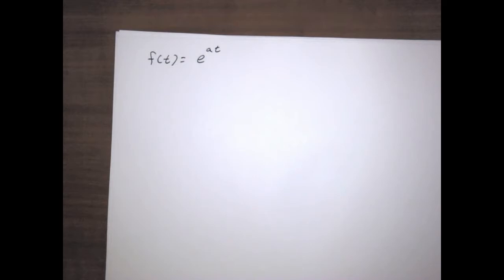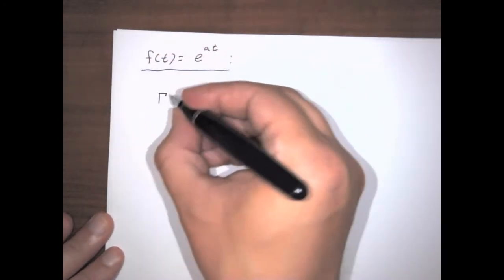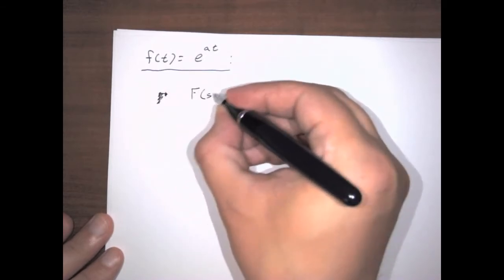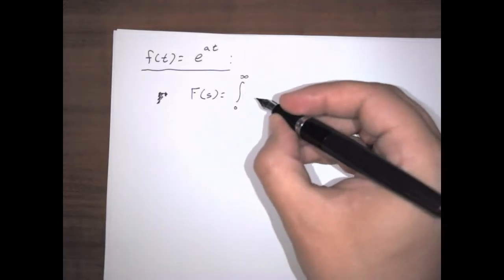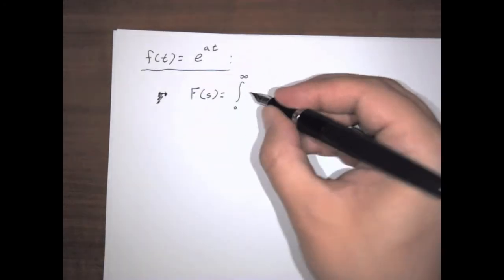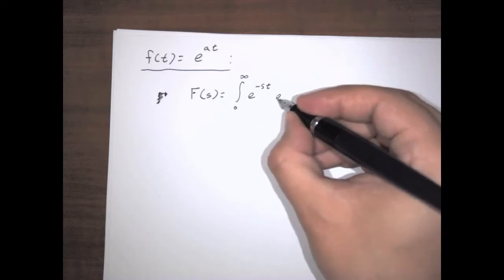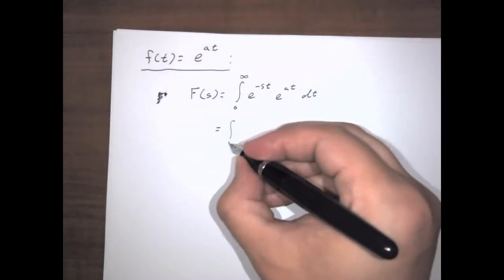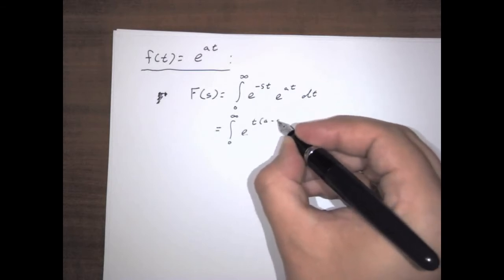So if f of t is equal to e to the at, then, oops, I just got in the habit of writing those gammas, so it corrupted my capital F. So F of s would equal the integral from 0 to infinity of e to the negative st, this is by definition of the Laplace transform, times e to the at dt, which would be the integral from 0 to infinity of e to the t times a minus s dt,